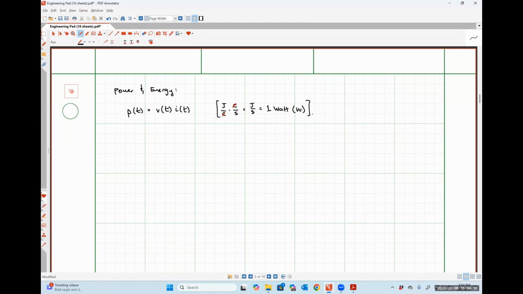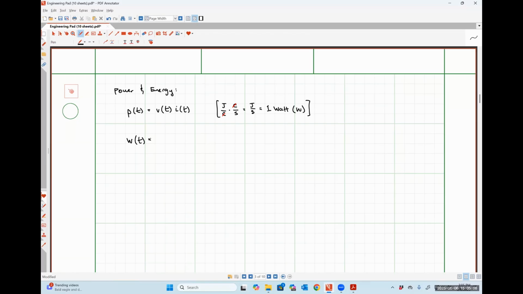And so from this definition of the units for power, we can actually see that power is just the rate at which energy is transferred, because joules are the units of energy and seconds are the units of time. So it's just energy per time, okay? We'll write that down in a moment. Energy,